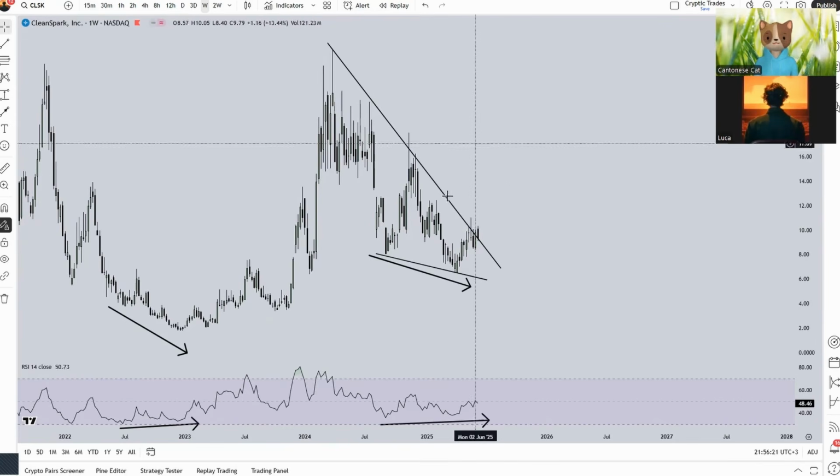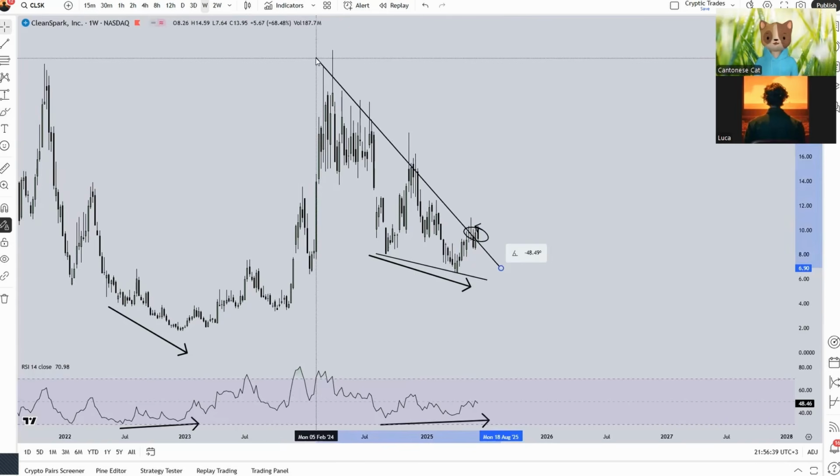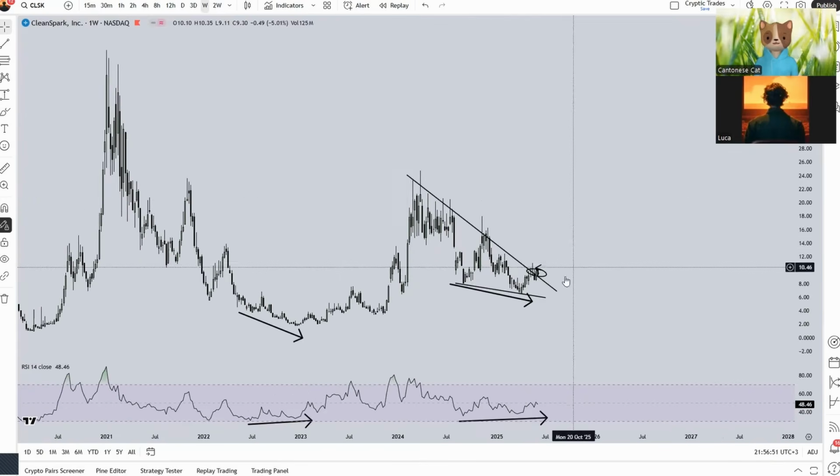What do you think about this high time frame falling wedge? This is something I've been tracking over the last couple of days. Yeah, it looks great. Again, if you're into Elliott wave, and I'm not an Elliott wave specialist or chartist or anything, I dabble in it, I kind of understand the theory and things like that, I actually wonder if 2025 is just one big giant wave two. That would certainly be something.